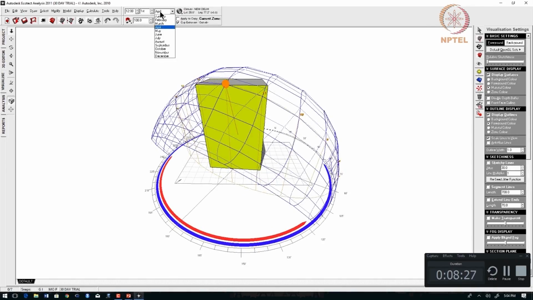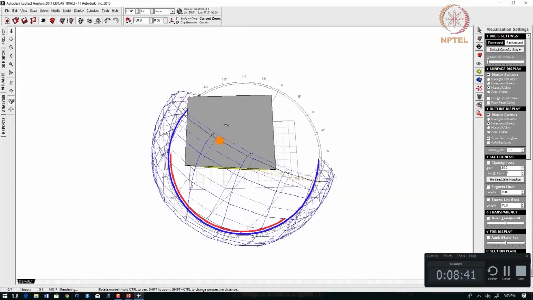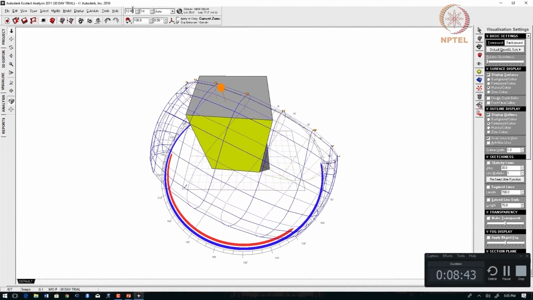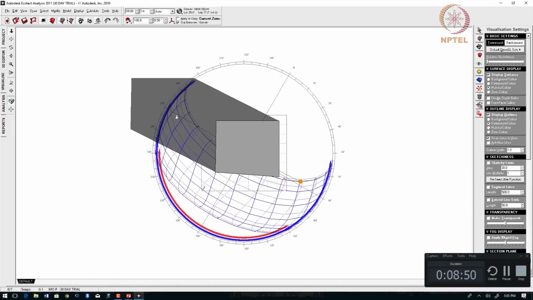Over here I just go and change the month, say I am changing it to June 21st, 9 AM. I press F5 for plan view.